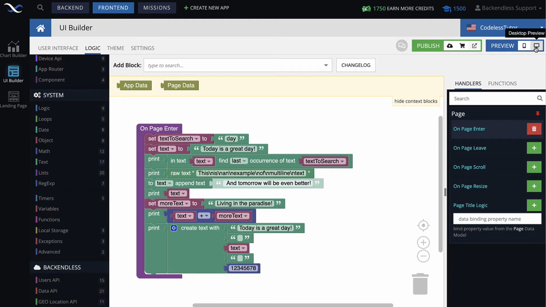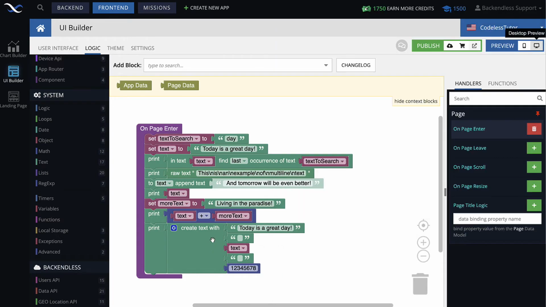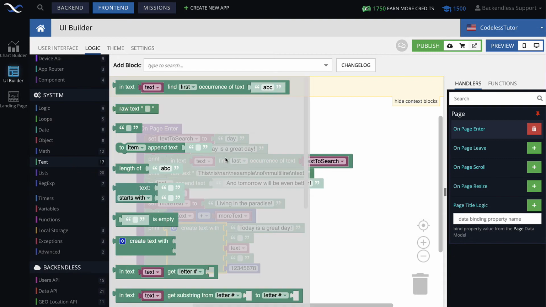And let's see what we got now. So the very last one, we got a today is a great day, and then the repetition of what was in the variable text. And in the end, we got this number, which was converted to text. And then we got this one long text created by this text block. Very convenient. So whenever you need to compose an email text or something like that, let's say if you're generating a CSV file in your Codeless logic, I bet you will be using this one. All right, let's move on.